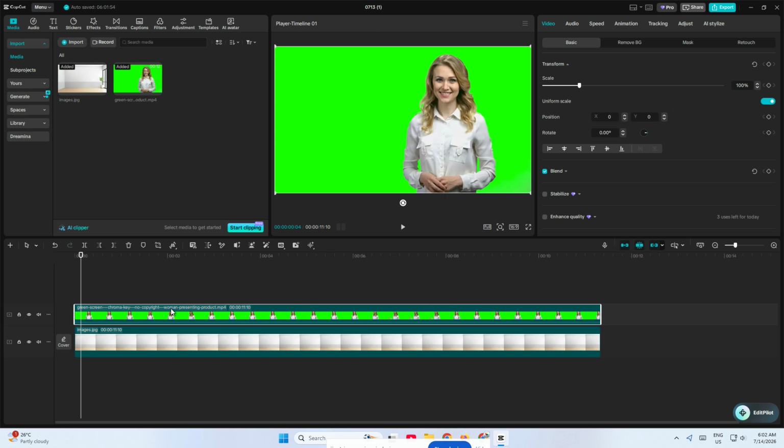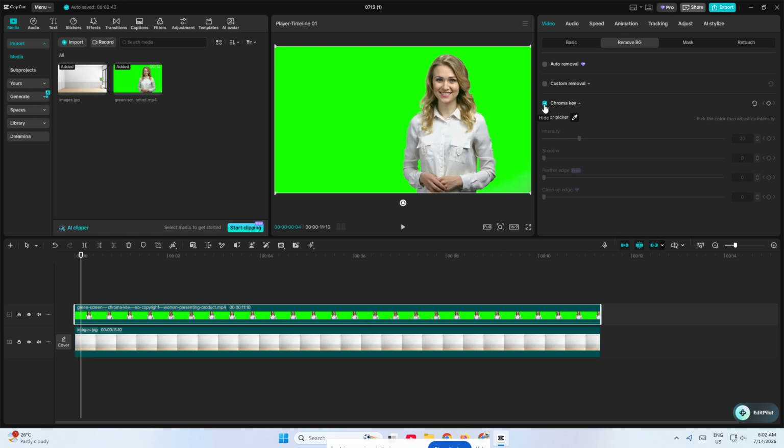Next, go to the editing panel on the top right side of your screen. From there, click on the Video tab. Inside the video settings, look for the Remove BG option. This is where CapCut gives you the tools to eliminate the green background from your footage. Once you click Remove BG, you'll see the Chroma Key feature. Check the box next to Chroma Key to turn it on. Chroma Key is the feature that makes green screen editing possible because it lets CapCut detect and remove a specific